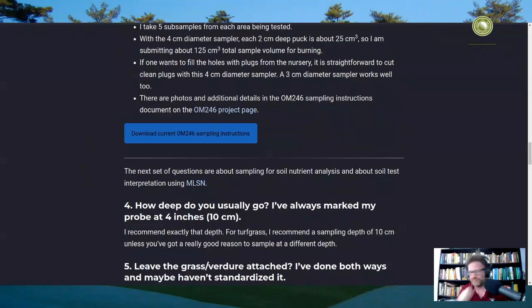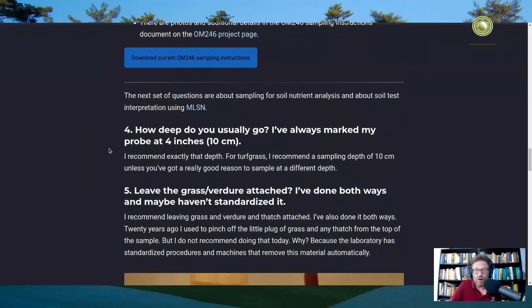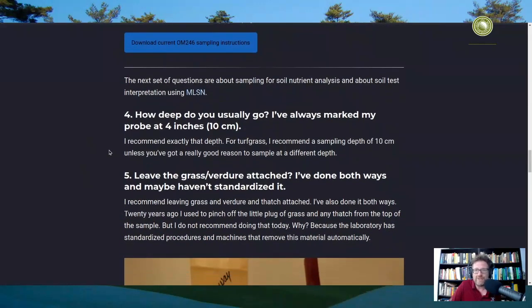And excuse me. So the questions about MLSN are important. Now, for MLSN, we're talking about sampling that is related to soil chemistry, to things like soil pH, soil organic matter, or humic material in the soil, the soil phosphorus, soil potassium, and so on. This is not testing like OM246, where we're trying to measure the total organic material at specific depths. The purpose of that is to adjust our sand top dressing,